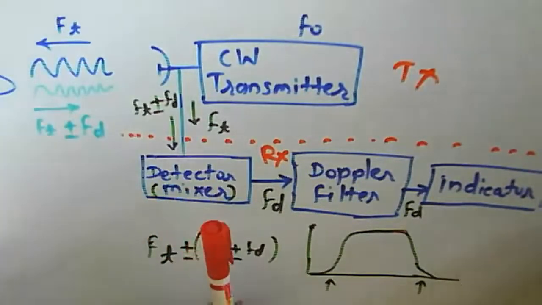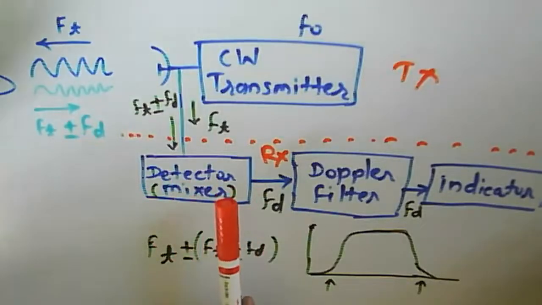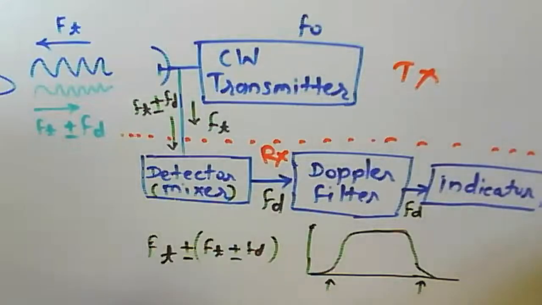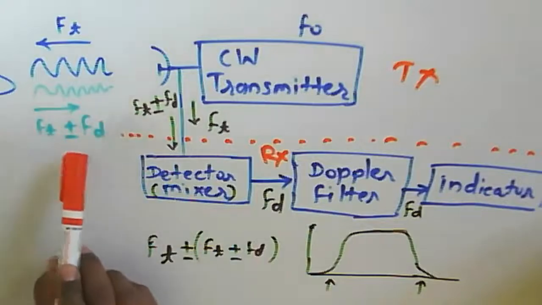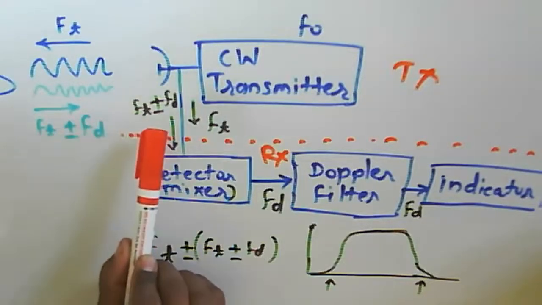In that case, some noise is introduced in the case of demodulation at the receiver. So the echo signal we are getting,